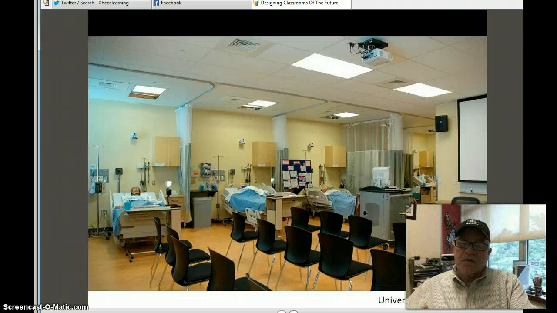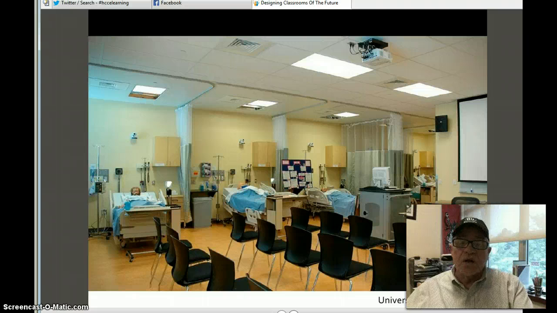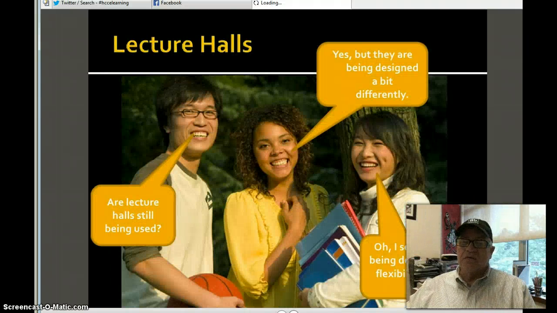We can arrange the classroom in a lecture style. We can set it up in circles. We can set it around the instructional area. The beds are patients. Another science room. And again, just working in different pods. Now, lecture halls,